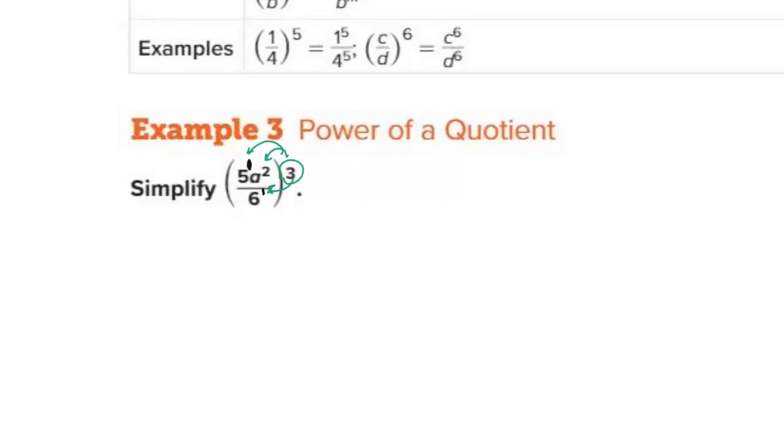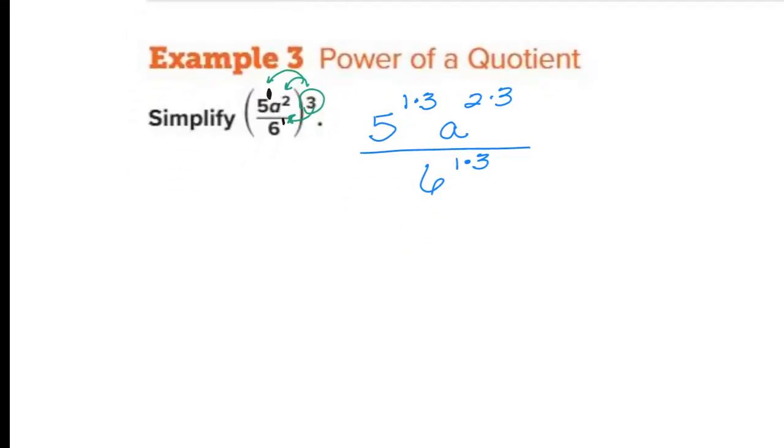So this becomes 5 to the 1 times 3, times a to the 2 times 3, all divided by 6 to the 1 times 3. Okay, so we need to simplify and say 5 to the 3rd, a to the 6th, all divided by 6